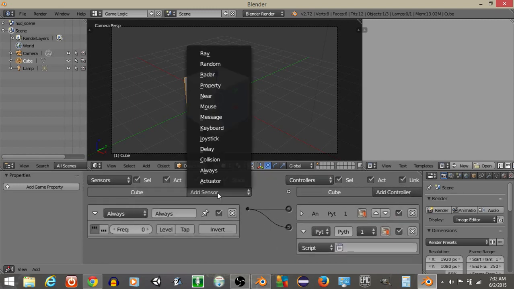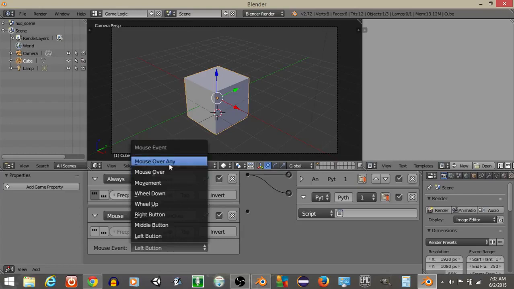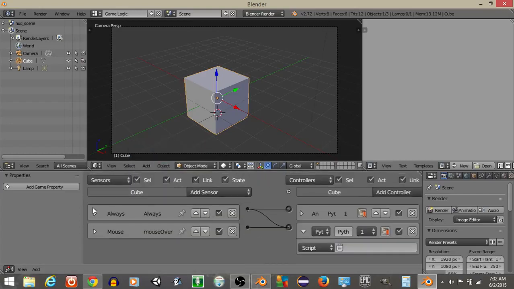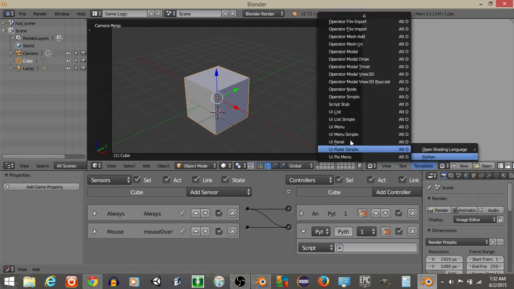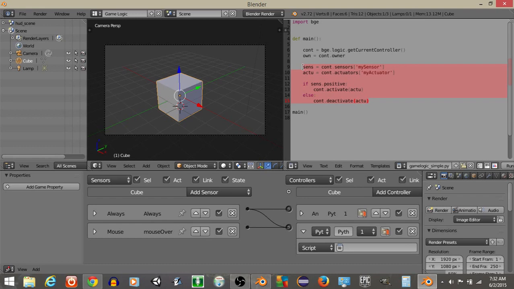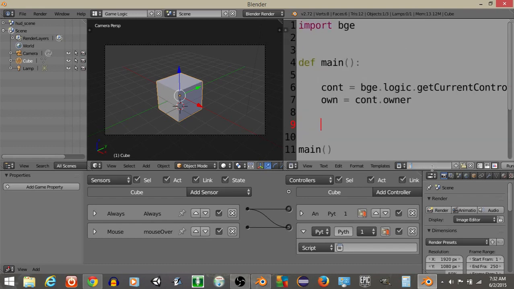Alright, now that we have this, add a Python controller and connect it like this. And what we're going to do now is add a mouse sensor. Rename this as mouse over like this and change it from left button to mouse over any. And connect this to your Python controller. Let's do templates Python then game logic simple like this. And let's delete the portion I've highlighted right here. You control and scroll up to make your text larger, and let's rename this as script.py